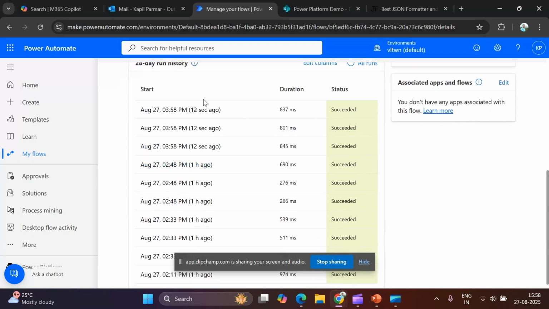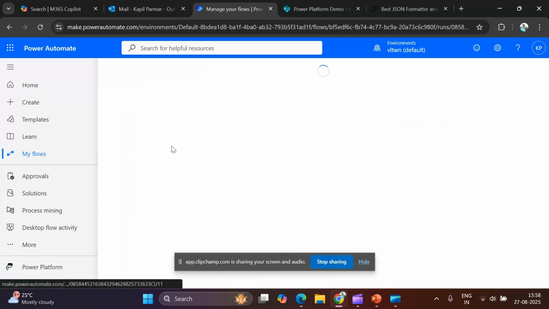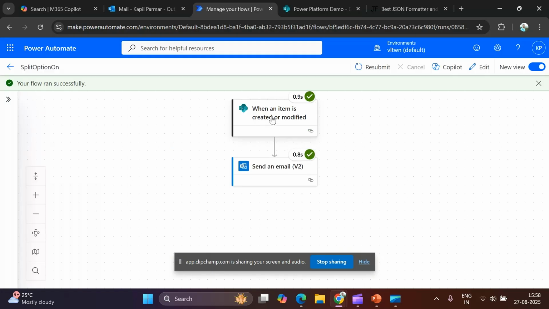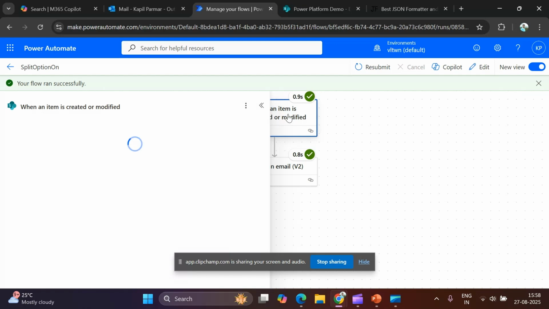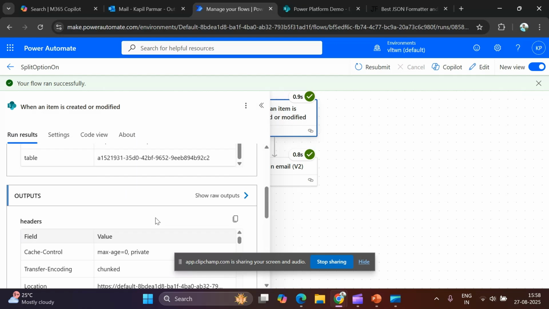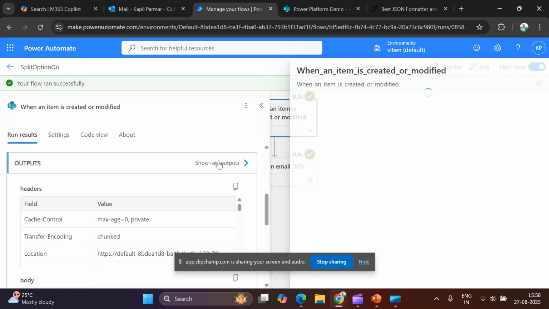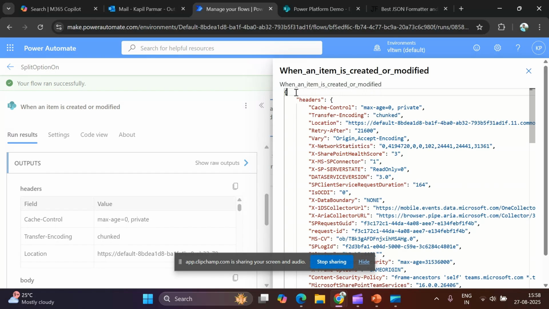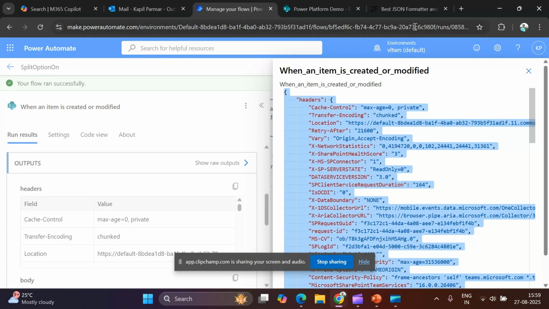Yeah. So the three flows have been triggered. I'll check any of these flows. So if we check the input JSON for this flow,